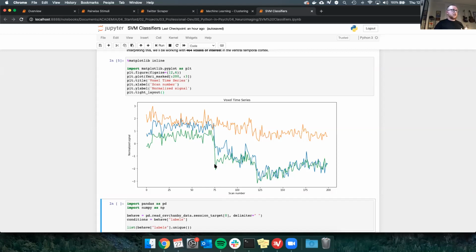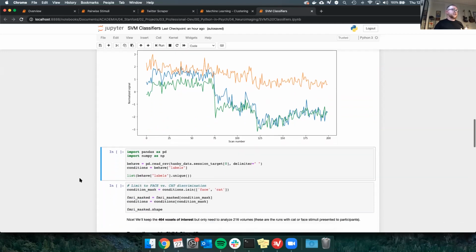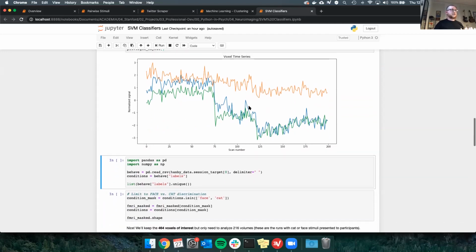I'm not sure if this is the first or third voxel, but this voxel here really changes, and this one stays about the same. So immediately we can start to say, okay, functionally, what's going on? Something's different. And again, here around 123. We're not going to analyze the whole data set, for time's sake, but just to note that the functional nature here is worth pursuing, worth looking into.